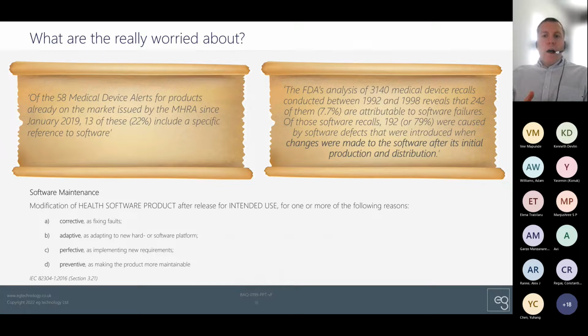And this brings me on to the what are they really worried about slide, because whole sections of both the 62304 and 82304 standards are actually devoted to software maintenance. And these quotes neatly illustrate the other main focus of regulators' safety concerns. It's the ease of introducing safety issues after the product's on the market. And this, as we'll see in the next few slides, is becoming much more important and much more an area of focus. It's something which is almost a unique property of software, and compared with the scrutiny of the initial review to get your UKCA or CE mark initially,